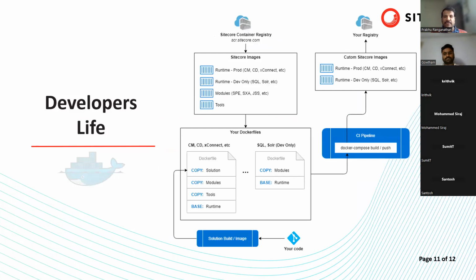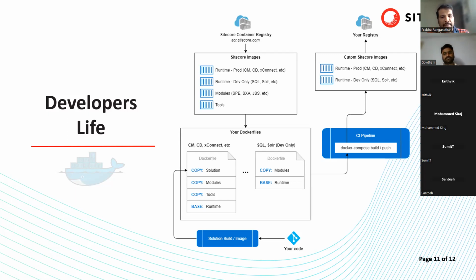And the developer's life, as I mentioned in the previous slide: we have a separate Sitecore container registry. Sitecore has all the respective images for the Docker containers, prod, dev, modules, everything separated over there. What we usually do is take that and create the Sitecore instance. On top of that, we create our own Dockerfiles for our application, and using the Docker Compose override YML file, we put all that information inside it,